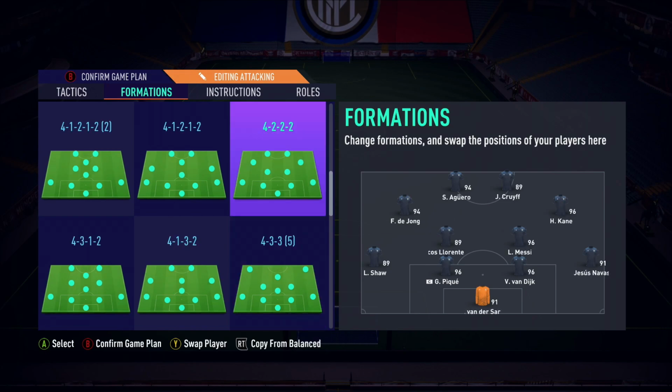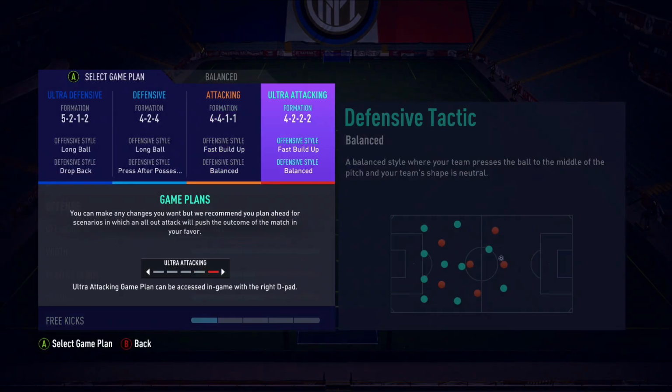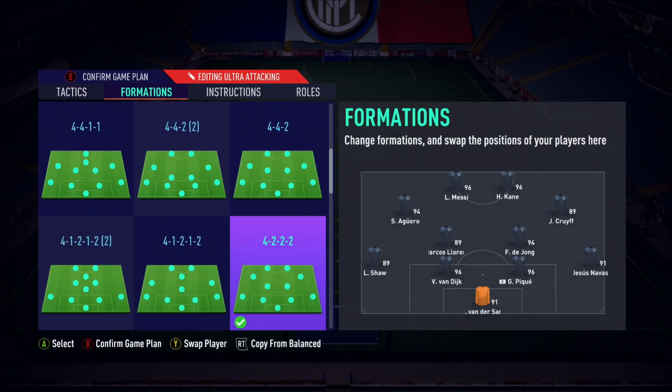Now, another formation that, as you guys know, for me is one of the most meta formations in the game, and it is the 4-2-2. This, for me, is the best formation, in my opinion. This suits the players I have. This suits the way that I like to play FIFA as well. I've used this formation pretty much all year in some capacity, and in my opinion, it is the best formation